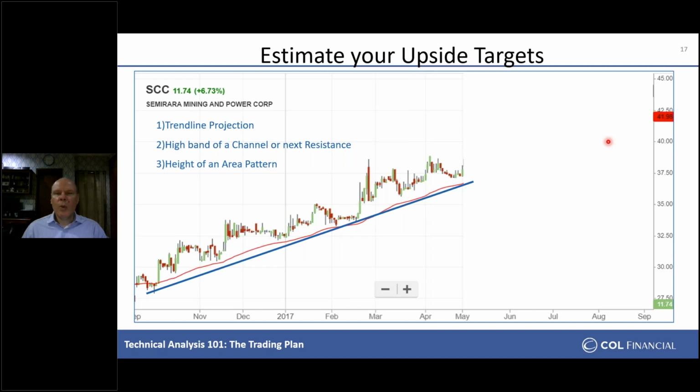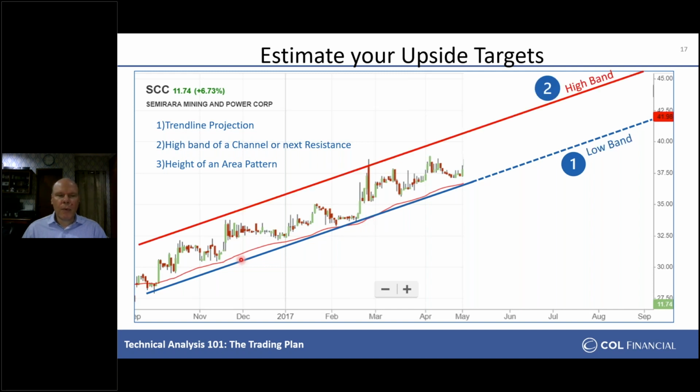How do we do that? We draw a price channel. So we do a price channel by first looking at this uptrend line that you have. We will copy the same angle and push it up into the high bands of what you see up here, like so. And with that, remember, I'm copying this blue line here and putting it right above where pretty much all the other highs are. It doesn't have to be exactly where it should be, just in the ballpark area. And this gives me the high band of price.